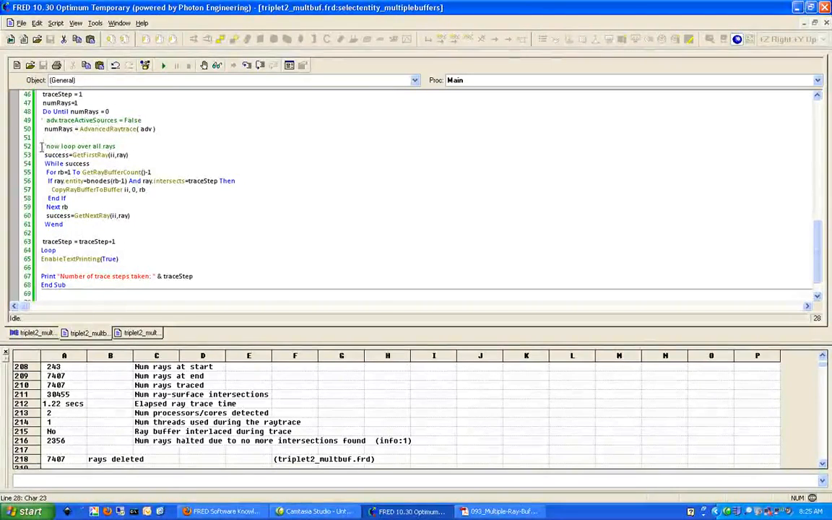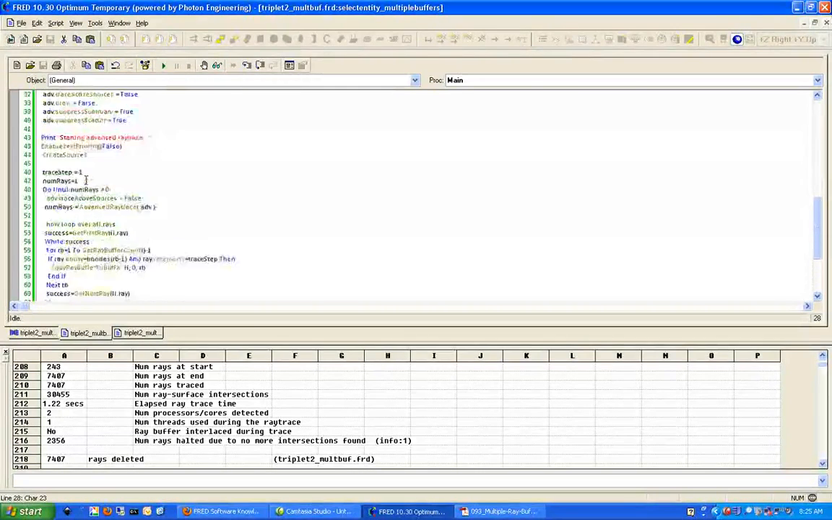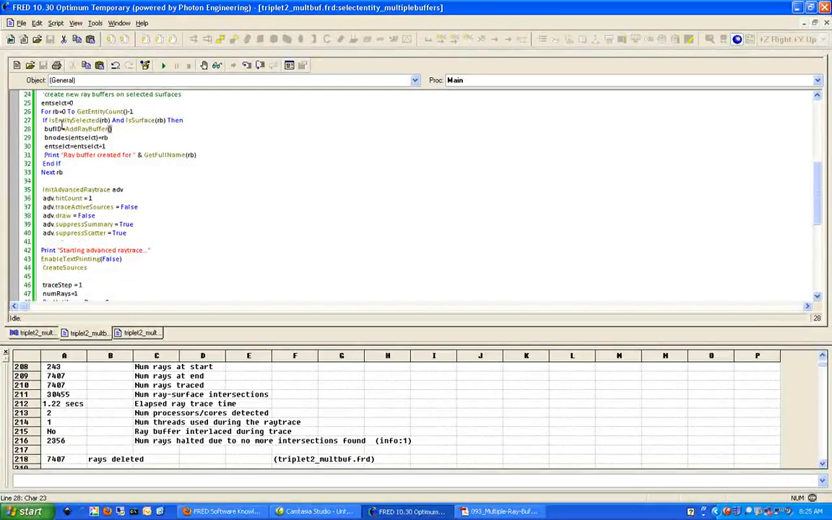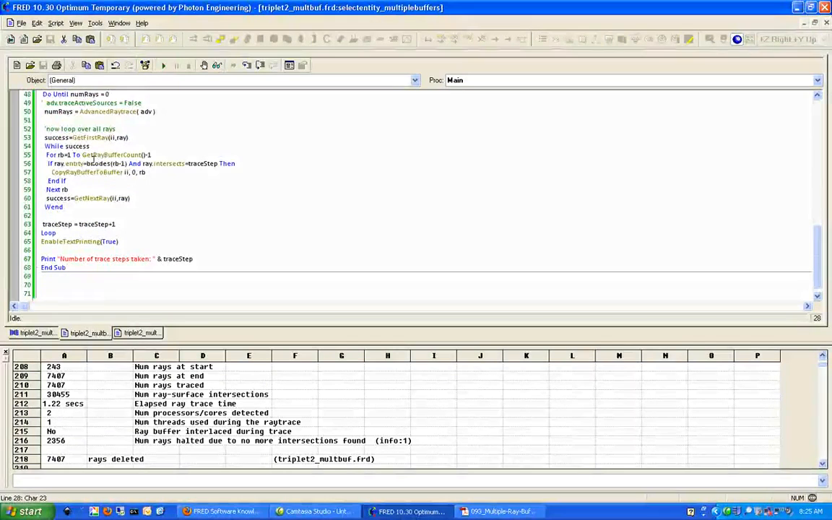During each step of the advanced ray trace, we're going to loop over each ray. So this is a typical while loop. If the entity that the ray is on is one of those that we selected previously, so for example, we had created the B nodes array here when we did isEntitySelected, so each element of the B node array got a unique ray buffer. If it exists on one of these